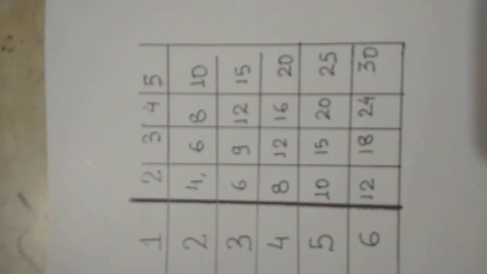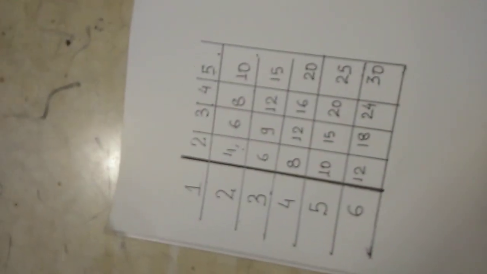Check here, I have made one table. If you see horizontally and vertically, that is column and row, the first line is 1, 2, 3, 4, 5. The second line is 2, 4, 6, 8, 10. The third line is 3, 6, 9. You can say these are the tables 1 to 6. Okay, fine. But what is the similarity? You have to see this is plus 1 difference. This is also plus 1 difference. This is also plus 1 difference.